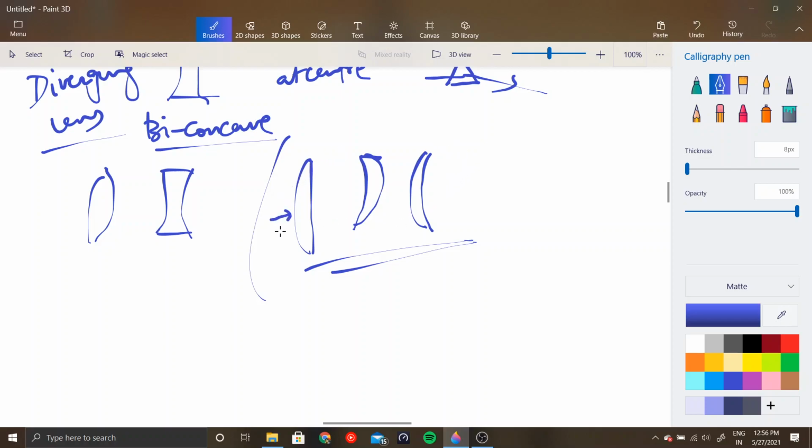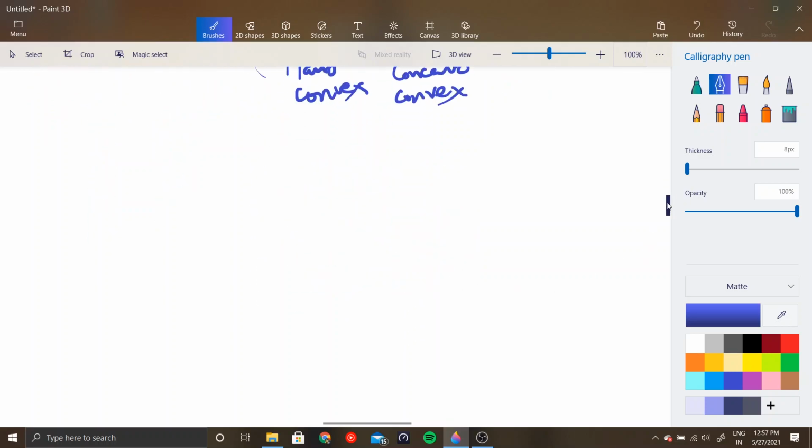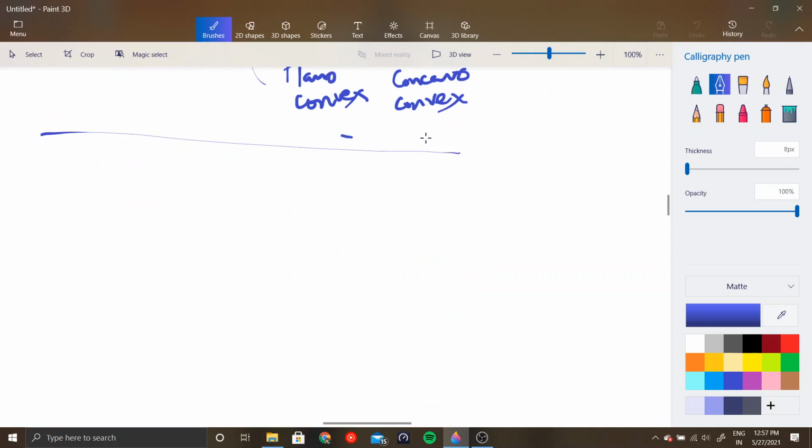So one layer is curved, the other layer is plane. So we call this a plano-convex, right? One is bulgy, one is plane. Okay, so one is thin, one is bulgy. So we call this a concavo-convex, right? These are just naming conventions, nothing tricky in here. Okay. So now that we understand the structure of lenses, they are basically transparent refracting mediums with at least one curved surface, right? Now let us talk more about a biconvex lens.